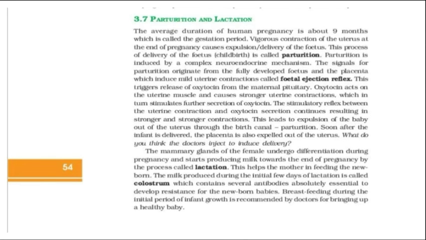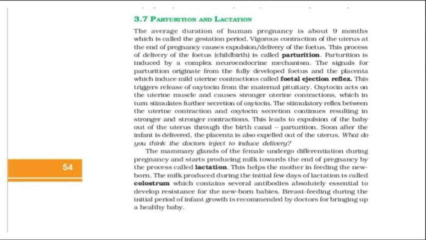3.7, Parturition and lactation. The average duration of human pregnancy is about 9 months, which is called the gestation period. Vigorous contraction of the uterus at the end of pregnancy causes expulsion or delivery of the fetus. This process of delivery of the fetus is called parturition. Parturition is induced by a complex neuroendocrine mechanism. The signals for parturition originate from the fully developed fetus and the placenta, which induce mild uterine contractions called fetal